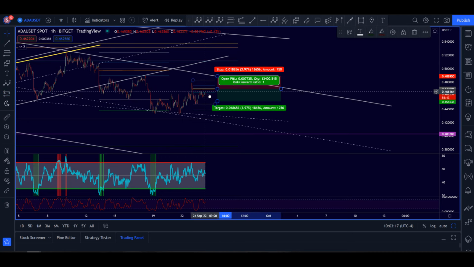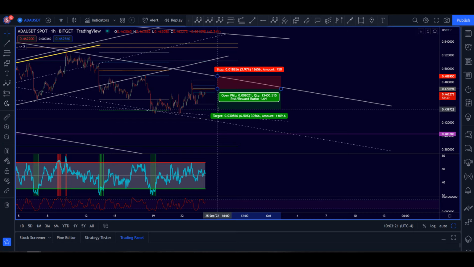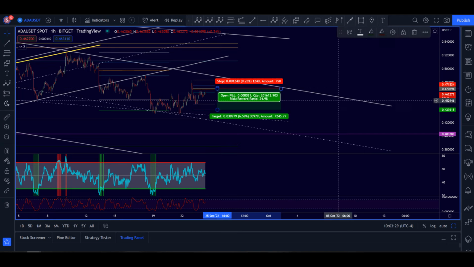At that point, you're really feeling nervous. So I would even say take like a quarter of a normal position size. This is just something I would do. Again, this isn't financial advice in any way, shape, or form. But if it does push back up there on even more divergence,